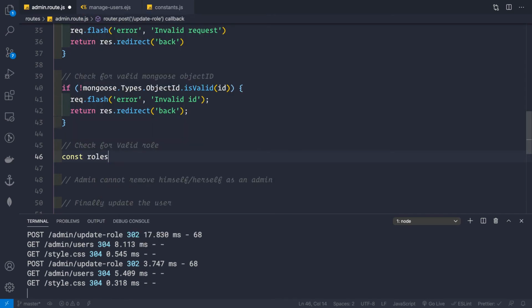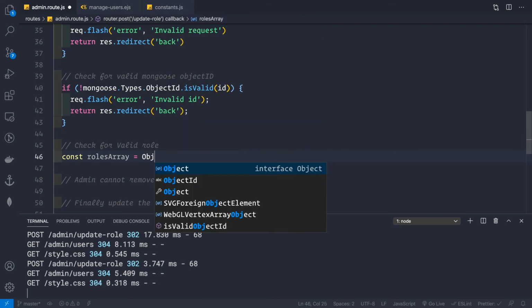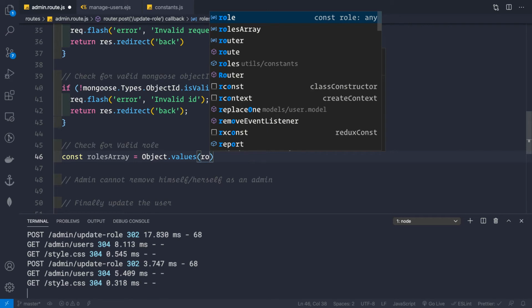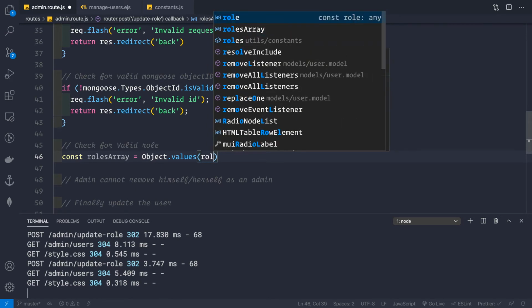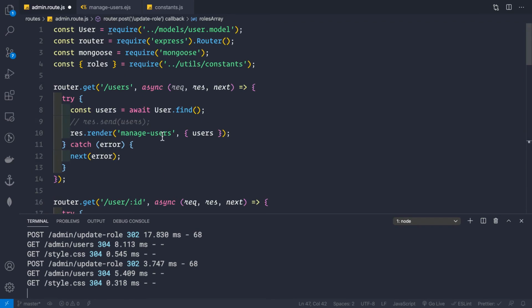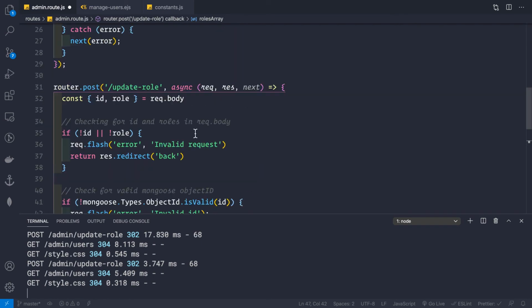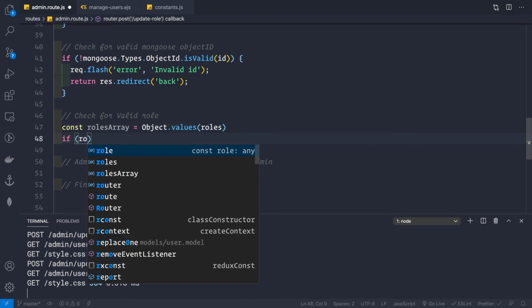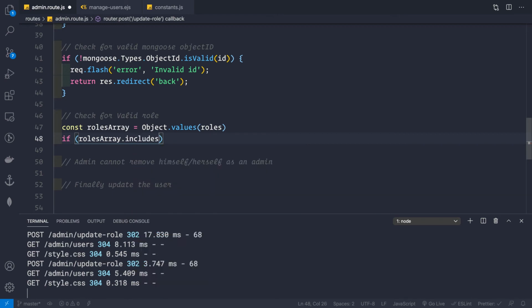So const rolesArray equal to Object.values, and here we need to pass in the roles object. So it should be roles like this, and now this roles has been automatically imported here from this constants file, and if it is not, you can import the roles object from this constants file. And now here we'll check if rolesArray.includes the role which is coming as the request body,